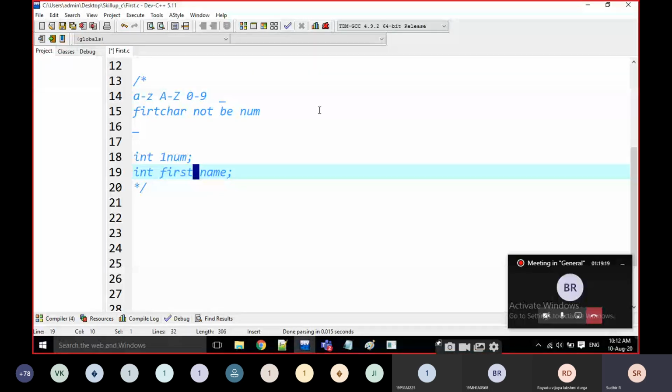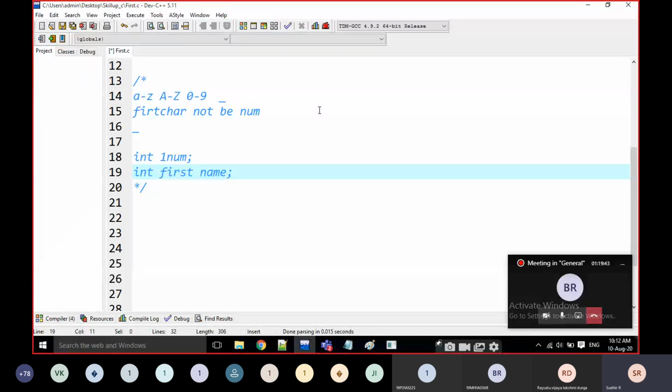If you want a space, just go for underscore. This is the correct one. If you are mentioning any space, that is a wrong variable name. A space is also a special character, but in a variable name, only one special character is allowed, that is underscore only.